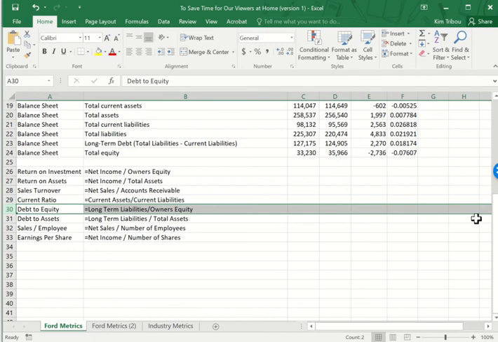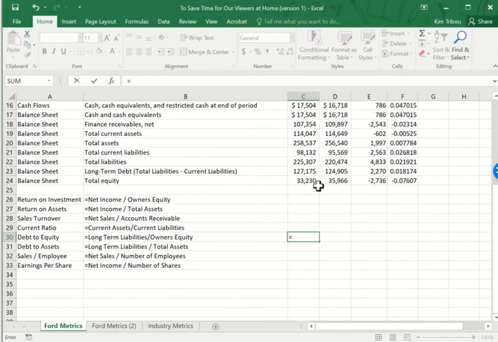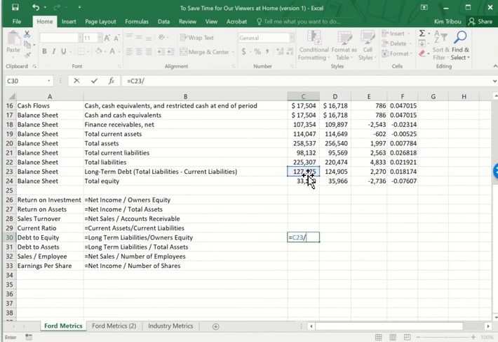And we know that the automotive industry is heavily reliant on debt. So if we compute that ratio here, we can see that, in fact,